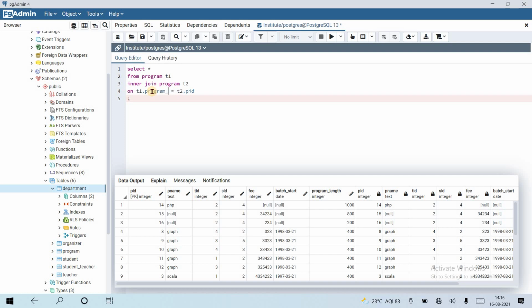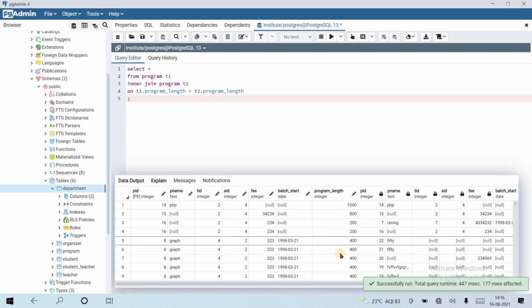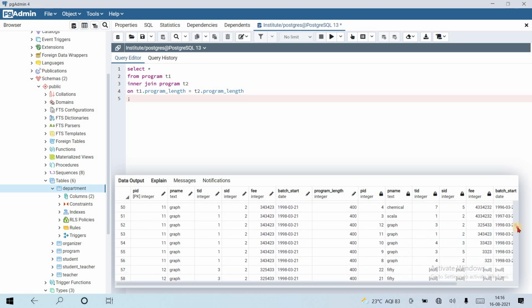For the programs that have the same length, we can use a self join and compare this column only. Program has same length, 200 hours. So now it will fetch the data. Yes, the programs with the same length are fetched, but it gives a lot of columns.